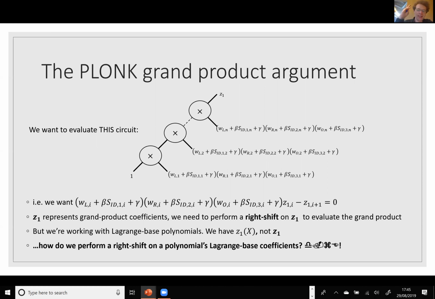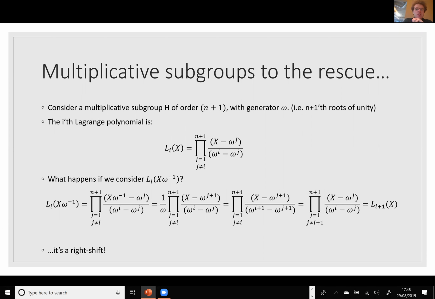And here's the problem, right? I've been talking about vectors, but we're working with polynomials. Conceptually, it's relatively easy to do a right shift on a vector, but how in the blazes do you perform a right shift on a polynomial's Lagrange-based coefficients? It's a difficult problem, and this was really one of the inciting incidents which led us to develop PLONK: realizing that you can actually do this. Specifically,